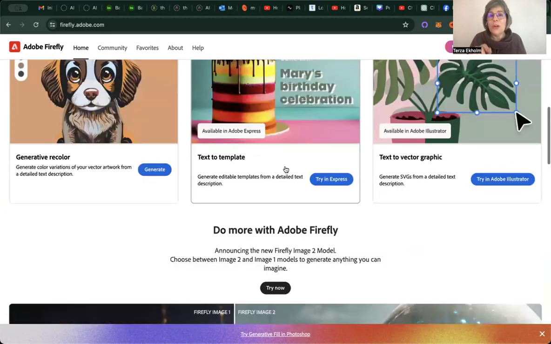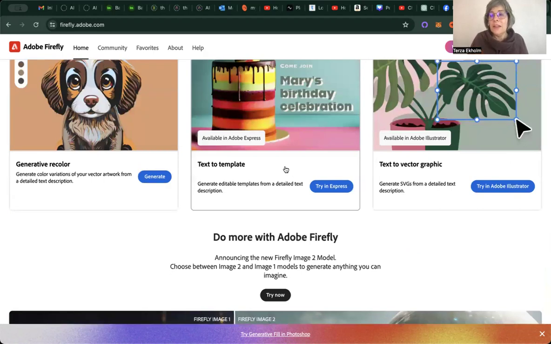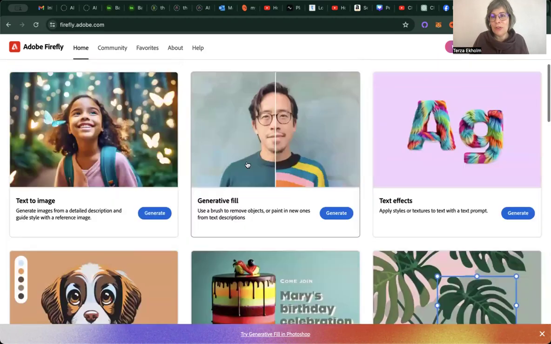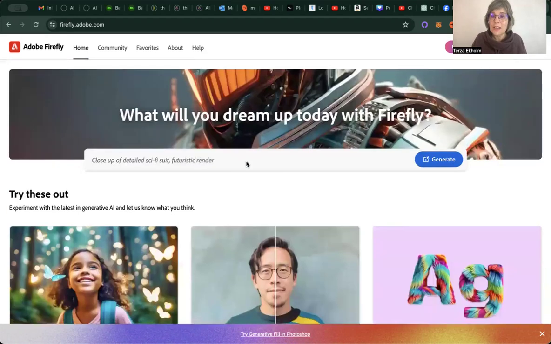If you go to X, there is a whole community of Firefly art prompters. And then, as I said, I was going to share with you prompts that you can use ChatGPT to help you make. So let's just,